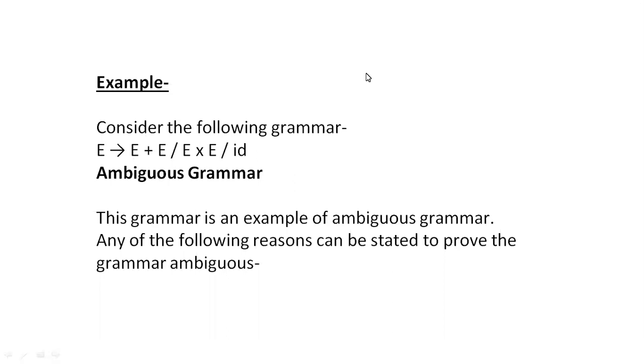Now I think you all are clear about this. See here, this E appears on the LHS more than one time. The rule consisting of two E's has an ambiguity problem. And E tends to E star E. Again, in this E star E, on the left hand side, E appears more than one time, meaning we are using the variable E more than one time. So this rule also consists of an ambiguity.